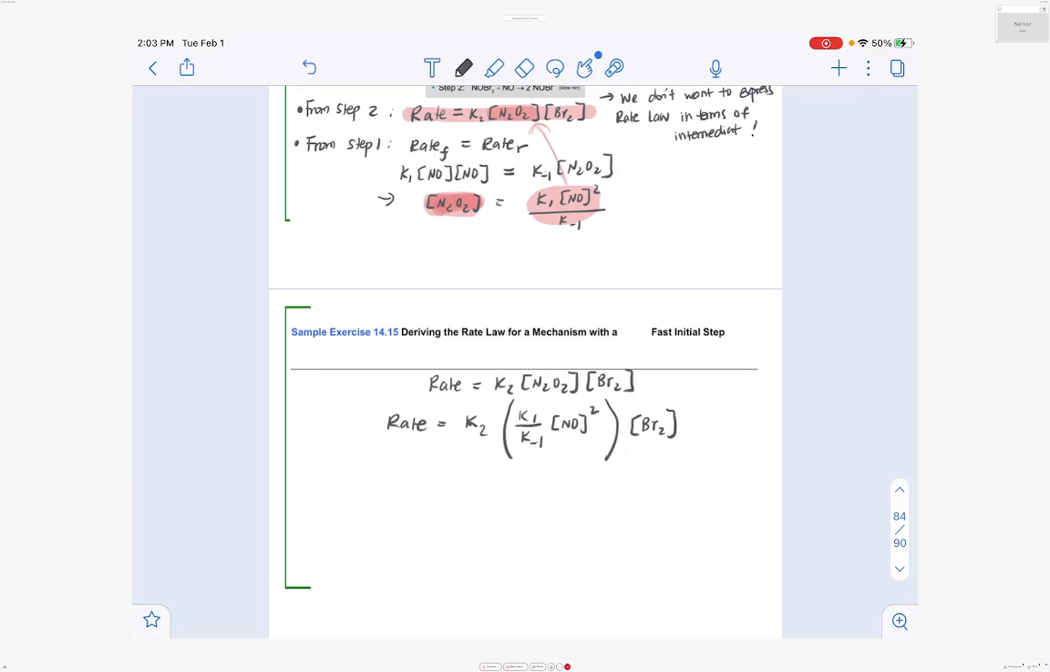Because K1 equals K negative 1, the reason is because the rate constant for the forward reaction equals the rate constant of the reverse reaction. This entire thing is 1. Okay, so then you have a rate of K2